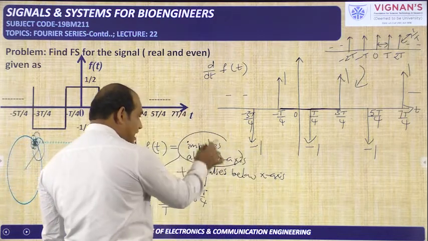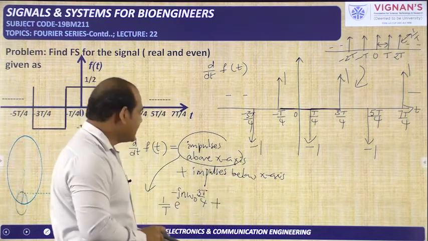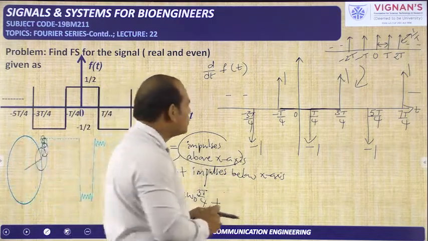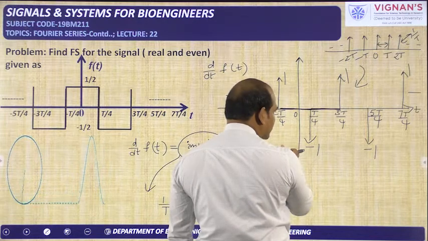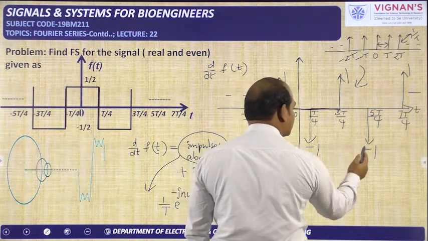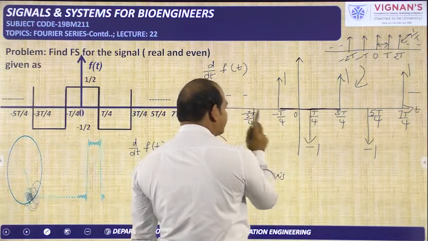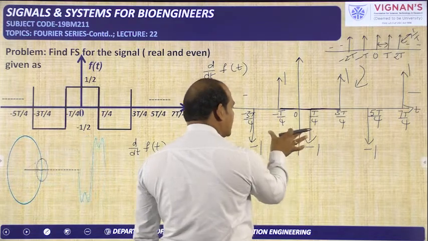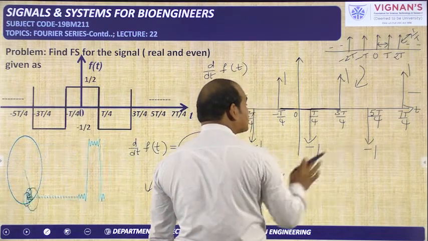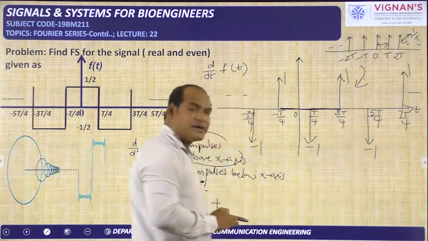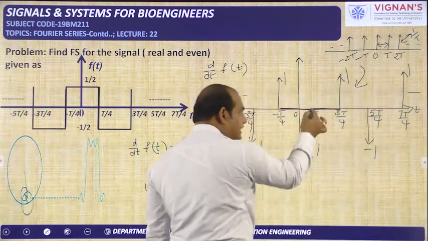Okay, next, now you see these impulses which are below the x-axis. Here, because plus is for this one, we have written the coefficient. Now plus for this part we need to write the coefficient, that is for the impulses below the x-axis. If you observe carefully, we can see the impulses at T/4 and 5T/4. What is the time difference? 4T/4, that means again capital T. Now if you see the time difference in between these two, 3T minus 3T/4 and it is T/4, if you take the time difference, again you will get capital T. So below the x-axis also we have another impulse train signal like this only, but it is shifted to the right side by T/4.